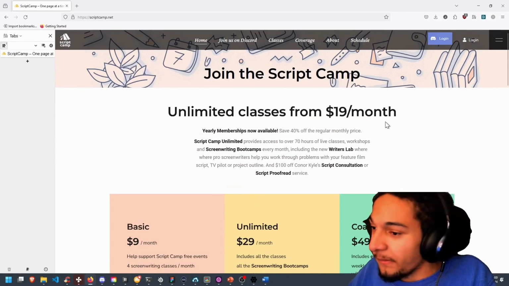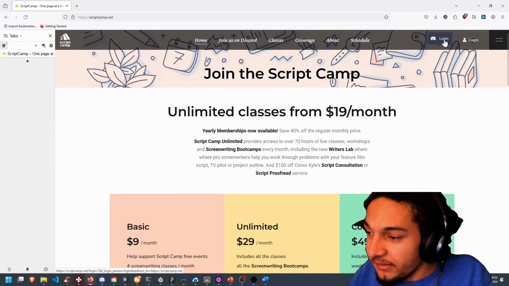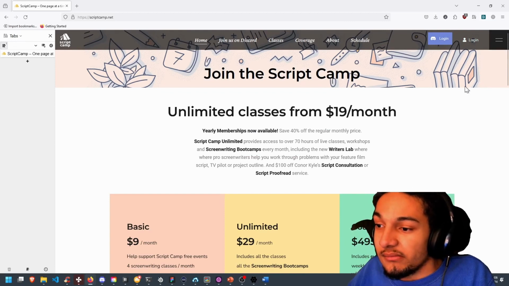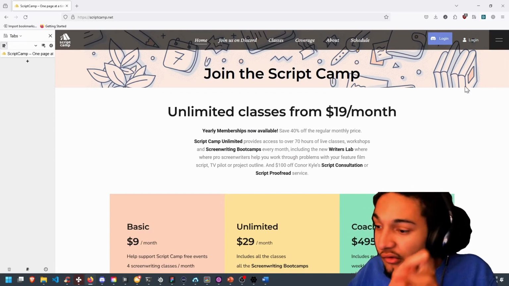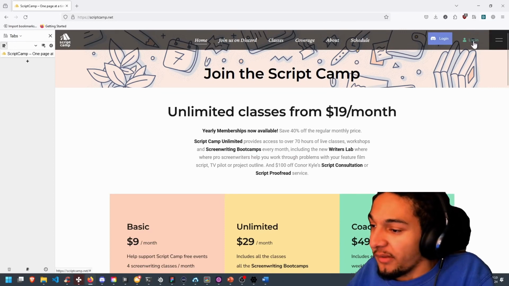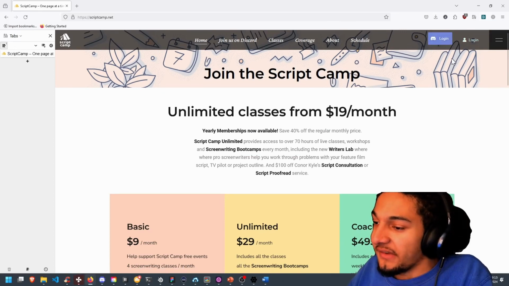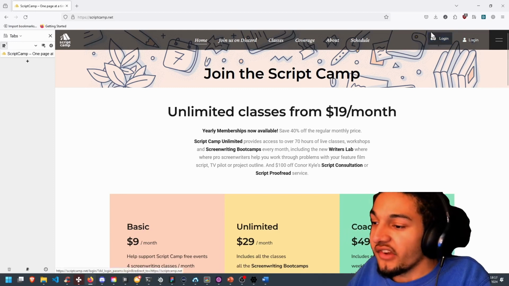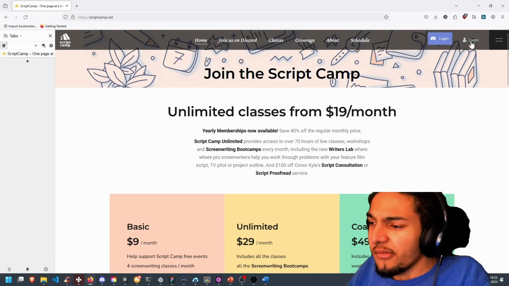But here's the issue. There are two login buttons, which isn't particularly clear for most people. Which login button should I use? To a lot of people who know what Discord is, this button allows you to log in with Discord, and this one presumably doesn't.